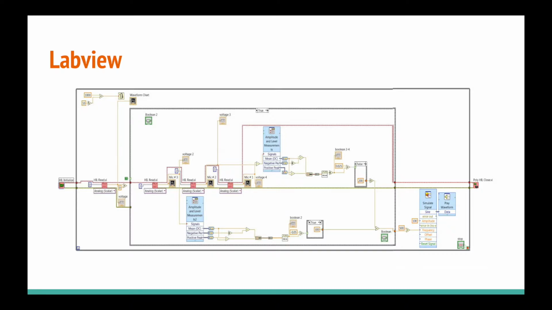Within this operation, the 3 microphones are connected to 3 HIL reads, each one named based on the channel it's connected to. Mic number 3, shown as connected to channel 3, shows the basic setup for how the signal is processed. It is sent to amplitude and measurements express VI, where the data is separated into negative and positive peaks, and mean DC. There, the positive and negative peaks are subtracted from the mean DC so the amplitude can be